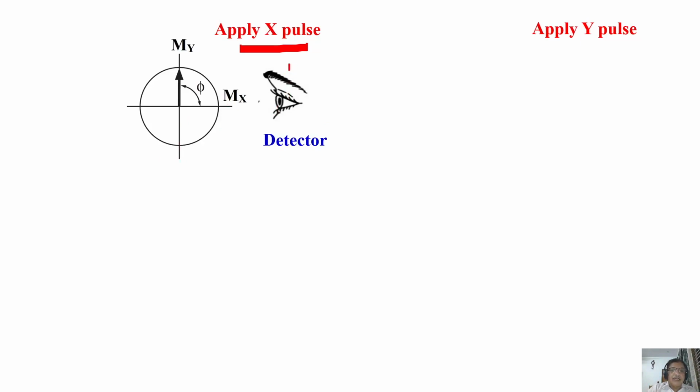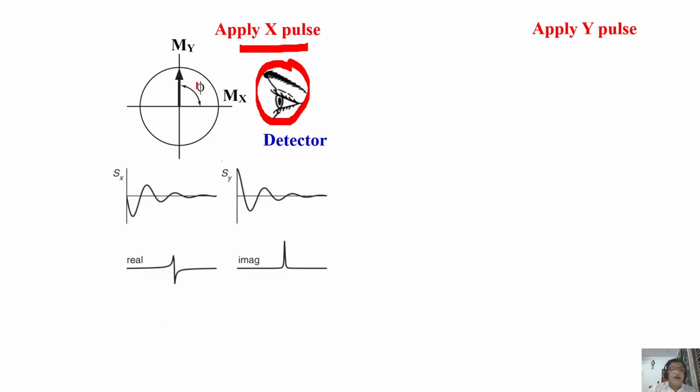So now my detector is here. What is the type of signal I am going to see for real and imaginary? Remember, now the real part which was here has gone here. That means the real part appears like absorptive and the imaginary part appears like absorptive. Interesting, right? So just because of a 90-degree phase shift, you shifted the magnetization from the X axis to the Y axis, but your